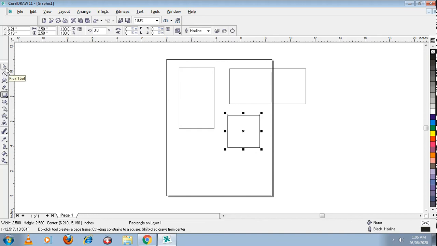What you can do is select the pick tool. Now again from the rectangle tool, to go back with the mouse arrow, I'm going towards the pick tool and then clicking on it. Instead I can press the space bar, it will select my pick tool. Look at the toolbox, which tool is selected now? Pick tool is selected.